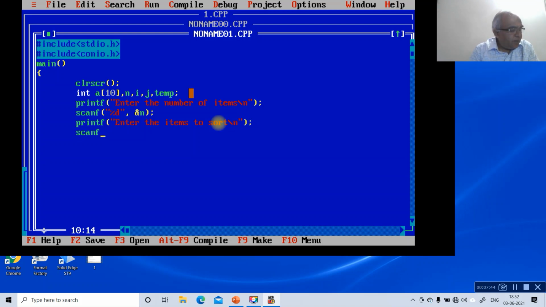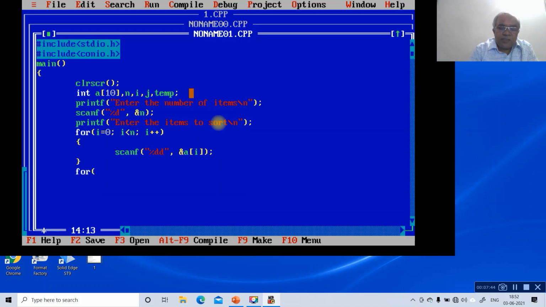Then scanf. Sort: for i equals 0. Why? Because we are entering the number of items, so it will be in the form of an array. i less than n, then i plus plus, open the loop, then scanf %d and &a[i], then close it.